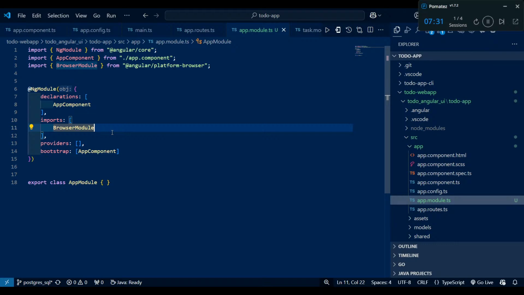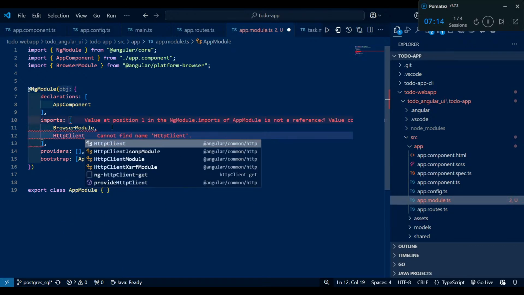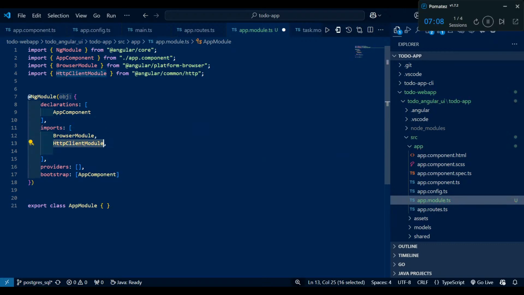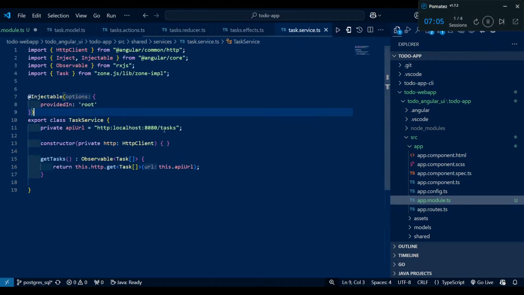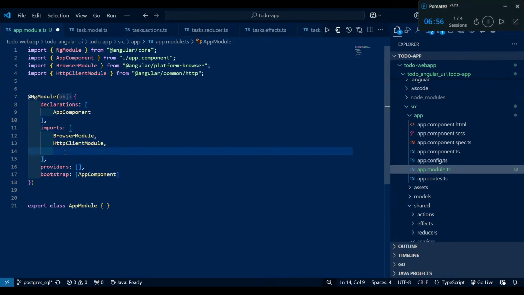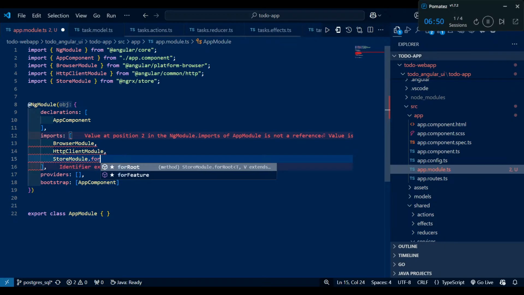Here we also need to define the NGRX related modules. Basically we need to define the HttpClientModule for the API request. This module is consumed in the service file which I have created here, and this is the package that is a required dependency for the HttpClientModule. Then afterwards StoreModule.forRoot,